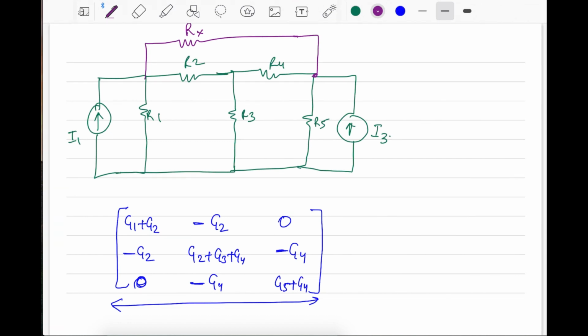Can anyone tell? Yeah, there will be a minus, minus Gx. It is difficult to keep track online, but what I feel is, if you have a resistance Rx which you are keeping on the top side, then this will create an additional resistance here. Just let me know which element of the matrix. There will be 1, 3, 3, 1 and 1, 1.